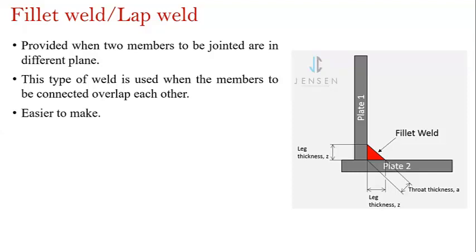The fillet weld or lap weld is very easy to make. You don't need heavy efforts in order to make the fillet weld or lap weld. And also it requires very little material preparation. Okay, what does it mean, the less material preparation? Material preparation is nothing but you have to make them into a particular shape, that is the texture. You have to take care of the texture of the main plates, that is plate 1 and plate 2, and you also have to see any dust particles that are there on the plates. So it requires very little material preparation.